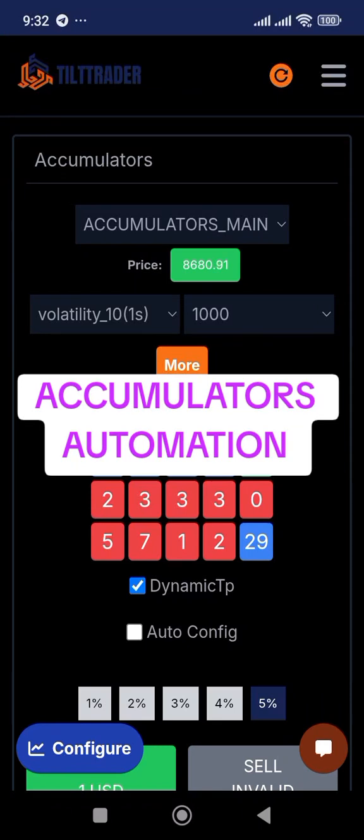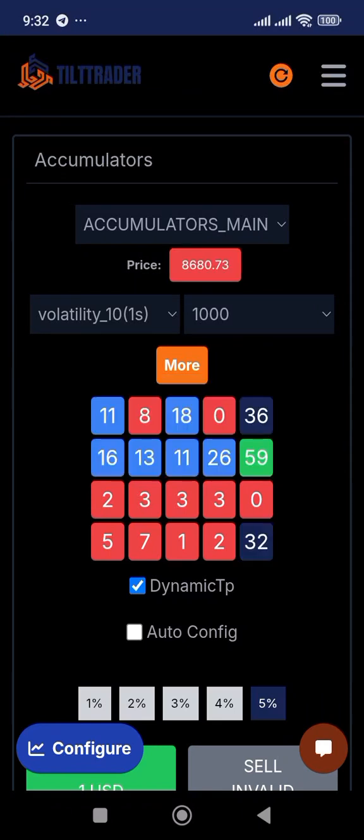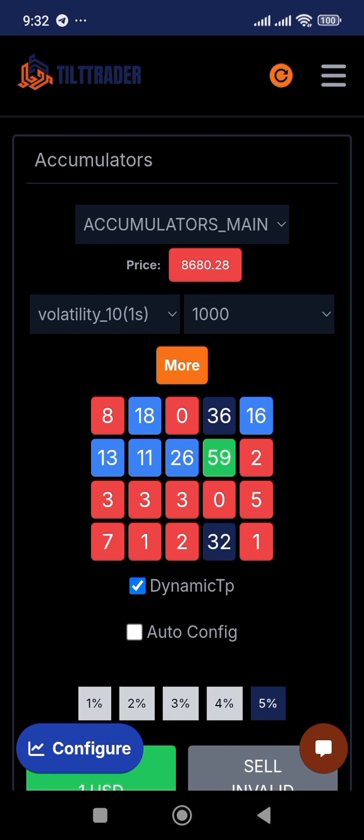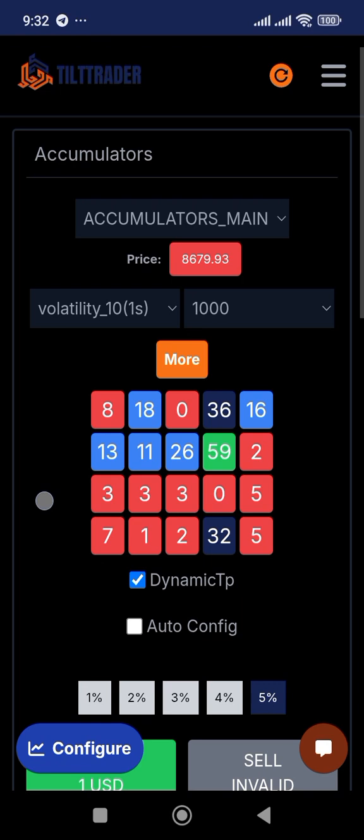I'm going to talk about accumulators today and how you can actually automate the accumulators. We actually did an update on it. So right here we are on accumulators. You can get it when you head to